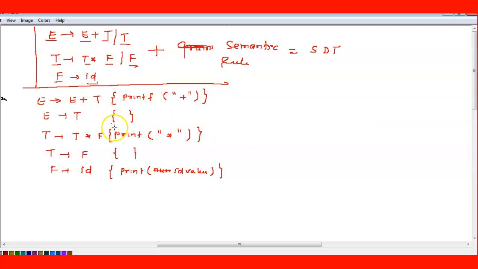When I added this set of rules, it becomes a conversion of infix to postfix.